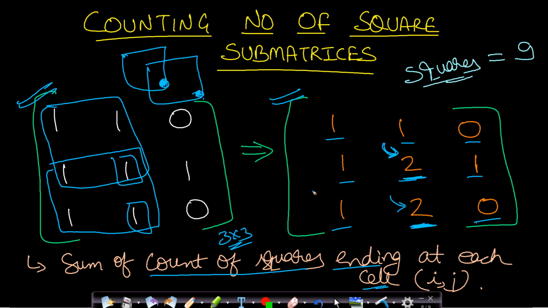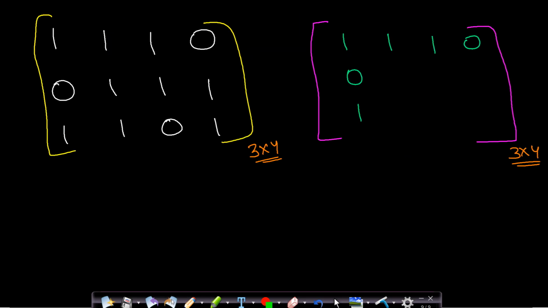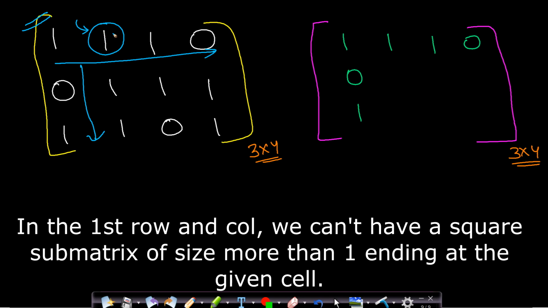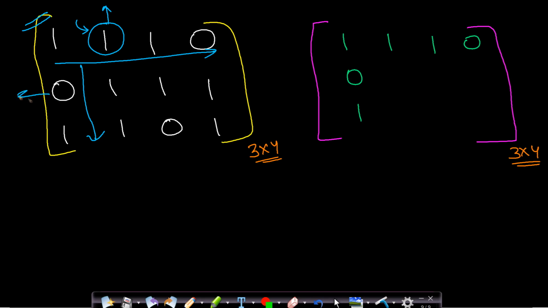So I hope you got why we are adding these values in order to count the number of square submatrices. Now once you know this, let us solve this by using the methods which I already explained. If we are given this 3 by 4 matrix, then you already know that for this first row and this first column, we will simply copy the values, because considering a given cell as the bottom right corner of a square matrix, we cannot have a square matrix of size more than 1 when we are in the first row, because we do not have any element to the top, and when we are in the first column we do not have any element to the left.